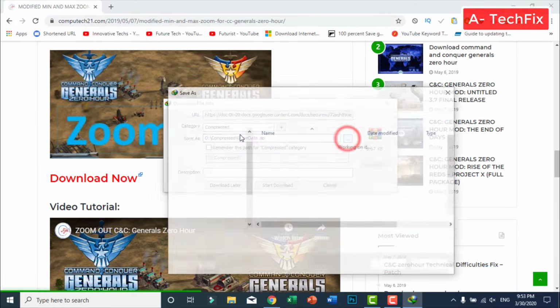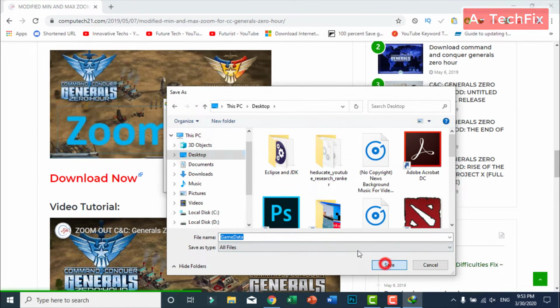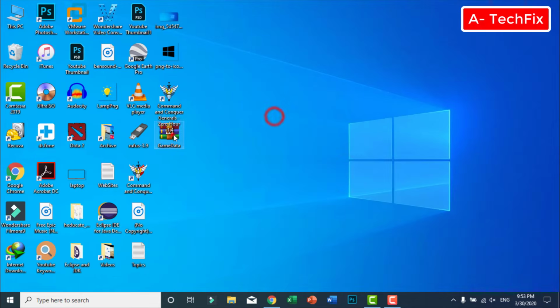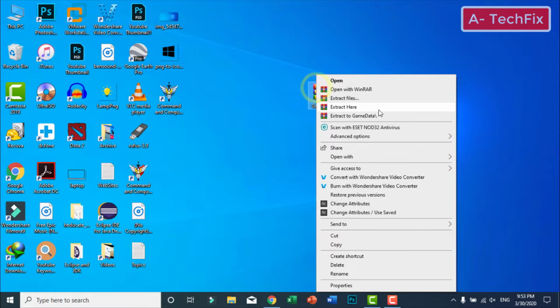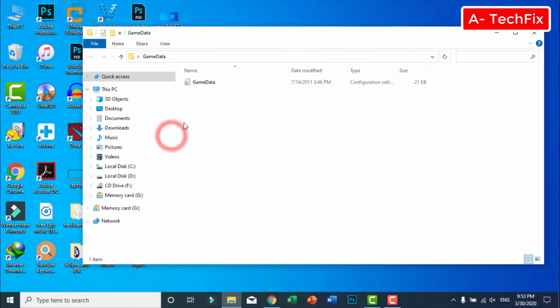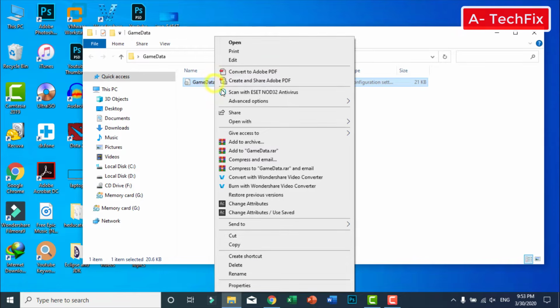Save it on the desktop, save. Okay, that's it. Right click, extract this file. Okay, copy game data